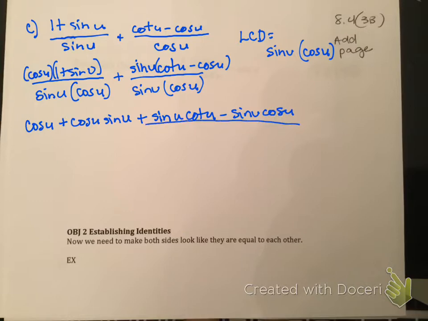Okay, now this is all over sine u, cosine u. Let's see if we can't cancel something out. I have sine u cosine u, a negative, and a sine u cosine u positive, so those two can go away. So now I have cosine u plus sine u times,